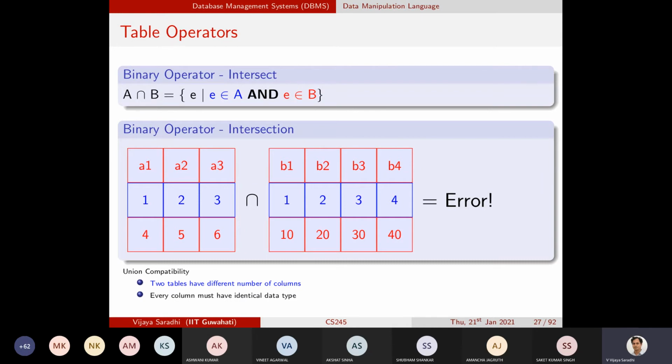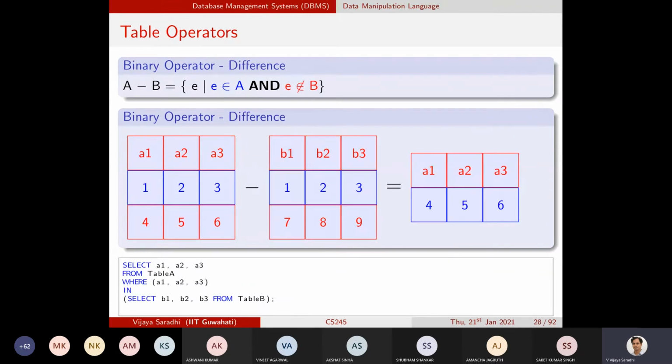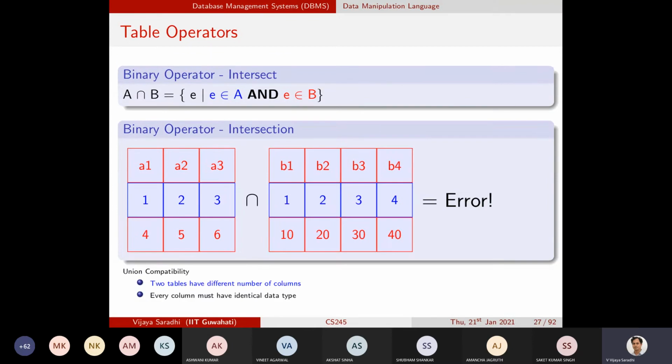So depending on the query, you have to pick up these operators. We'll also give some very specific examples of how to construct them, but as of now we are understanding what these operators are and how we want to construct this SQL. And what is the set difference? So let me just look at this difference.